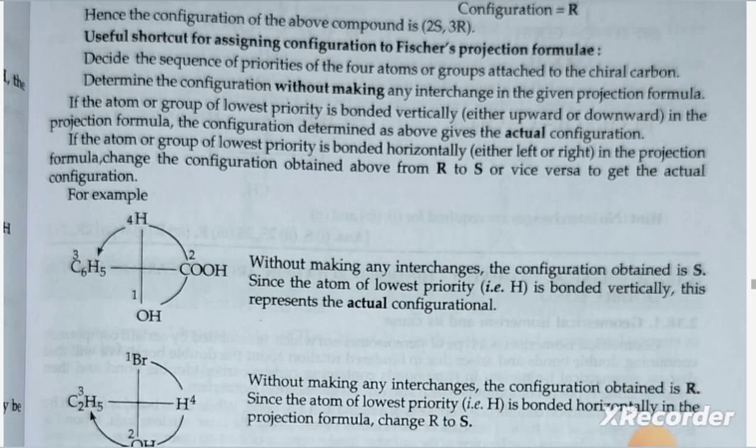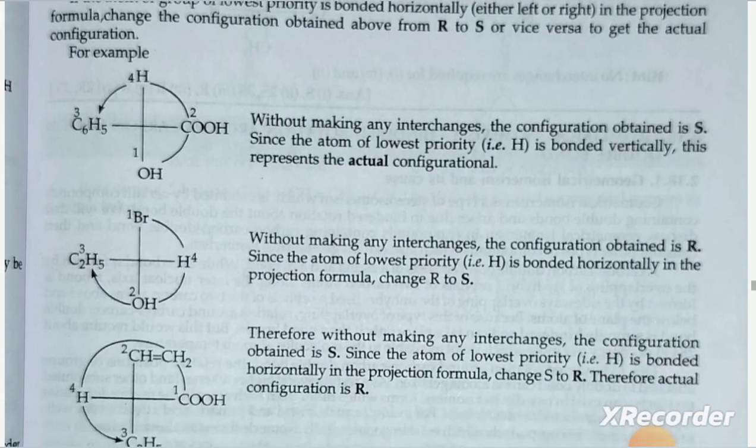For example, without making any interchange, the configuration obtained is S. Since the atom of lowest priority, that is hydrogen, is bonded vertically, this represents the actual configuration. Second, without making any interchange, the configuration obtained is R. Since the atom of lowest priority, that is hydrogen, is bonded horizontally,